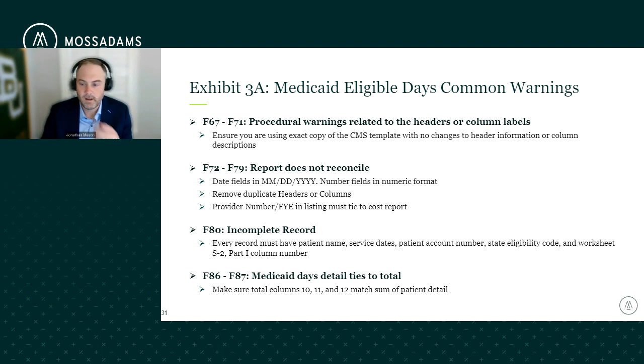And the one thing I'll highlight from the S10 or from DISH is each record has to have name, service date, eligibility code. So when we get back to that question about using paid claims, if you get paid claims and then eligibility from that, sure. But if you don't have the eligibility, one of the requirements is to have the state eligibility code. So that's something to make sure that you have.